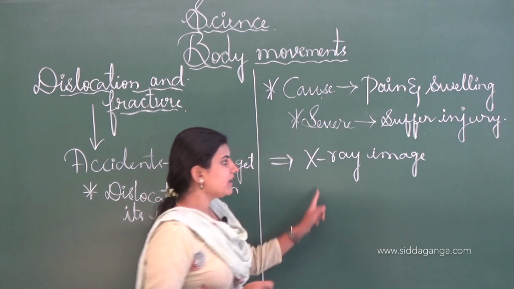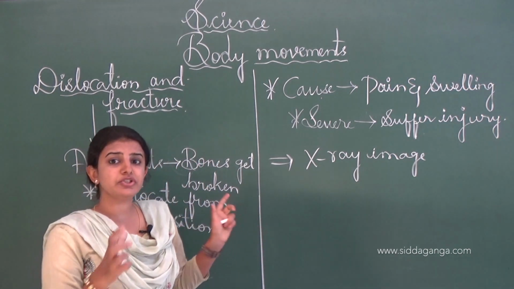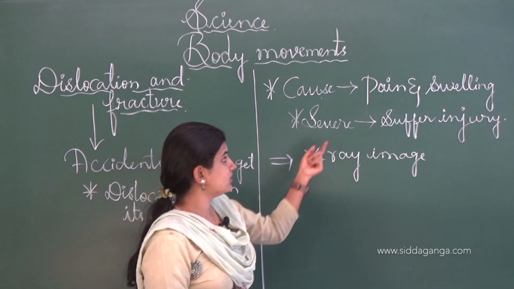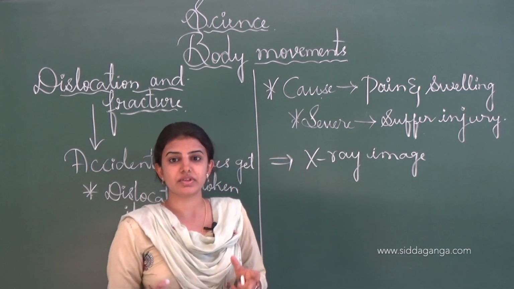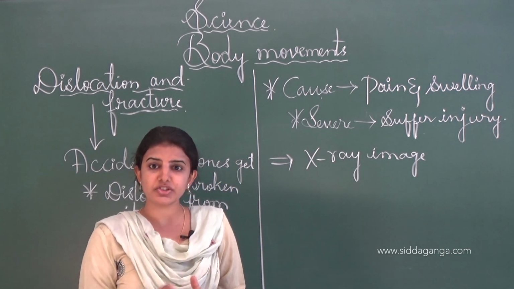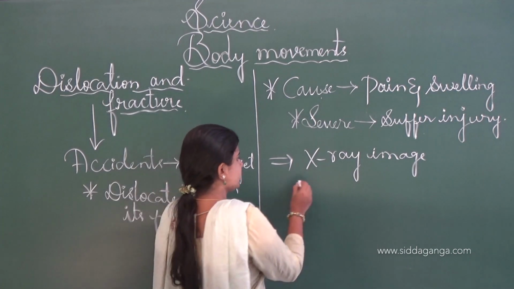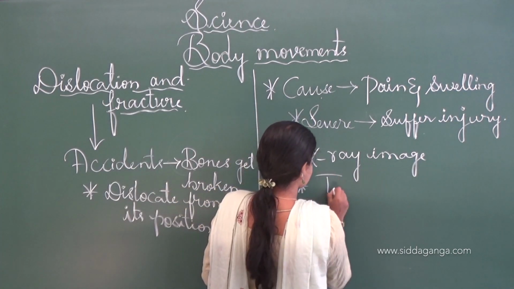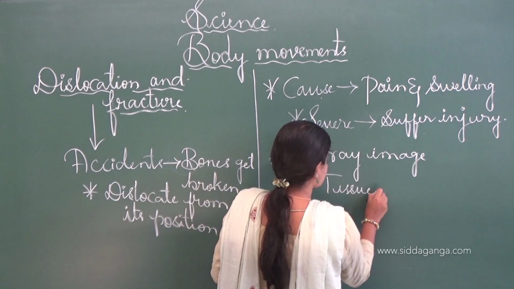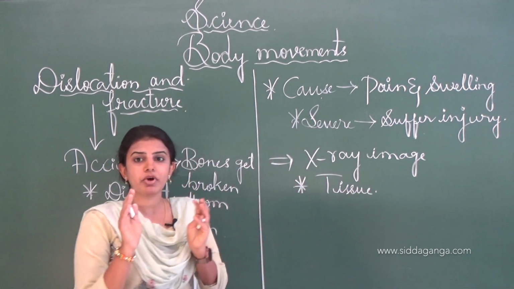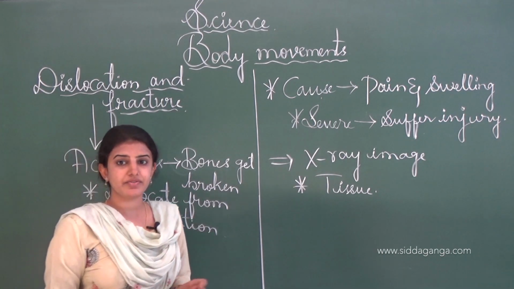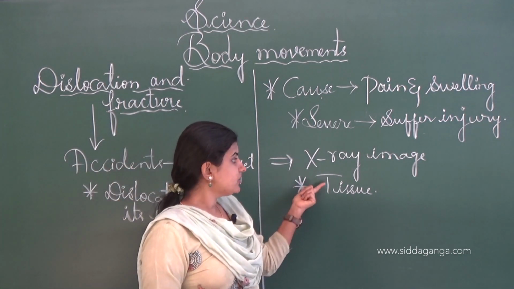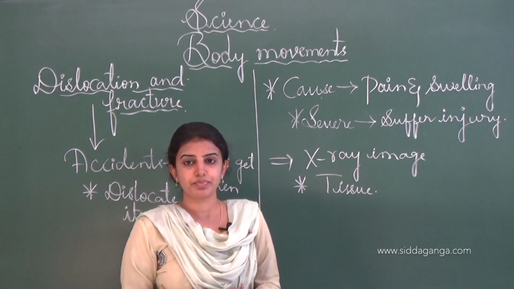See, from the X-ray image, doctors study which part of the body will get pain and swelling. Usually the X-ray is passed through the tissue in the body and not through the bone, and thereby the body parts can be clearly identified, and doctors can identify them by considering the images which are formed in the X-ray.